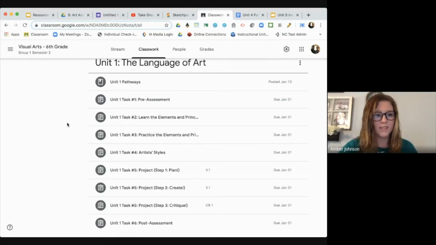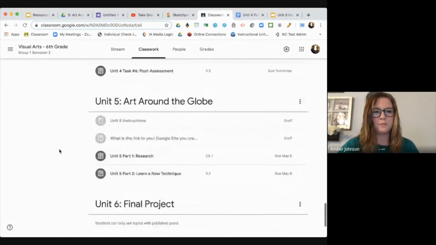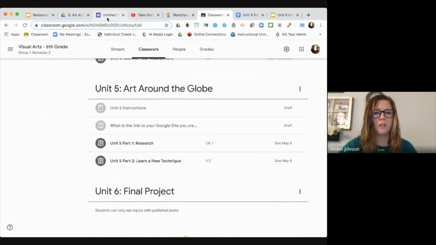So yeah, that's the basics of Google Forms. I'm getting those to grade for you. I'm going to do a video on how to make them